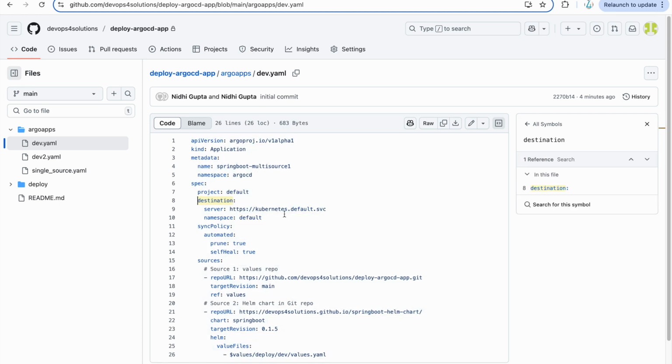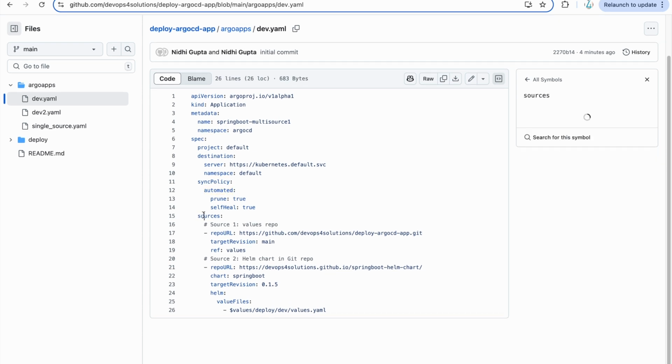And then destination. This is the default destination if your Argo CD and your microservice are deployed on the same Kubernetes cluster. In my case it is the same Minikube cluster, so I'm just using this one. But if you have a different cluster, there is a different process and you have to provide different details for that. And the namespace is default. Sync policy, so what does that mean? It will auto sync. We will see how it looks in the demo, but we have put sync on, auto sync. So as soon as I push anything, it will auto sync, and we will see how that works.